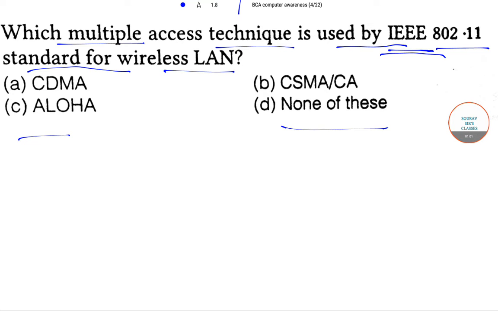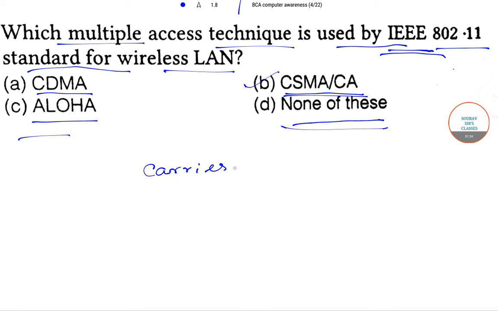So options are option A, CDMA, option B is CSMA/CA, option C is ALOHA, and option D is none of these. So here option B will be the answer, that is CSMA/CA, because carrier sense